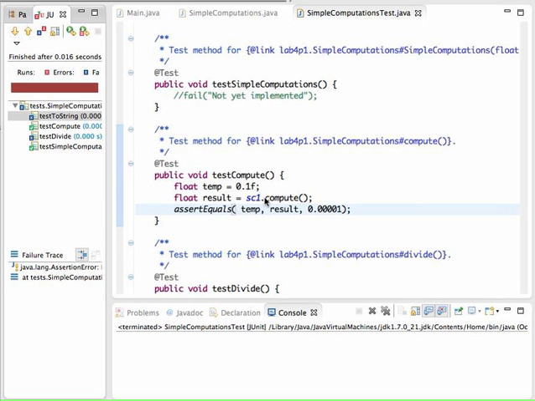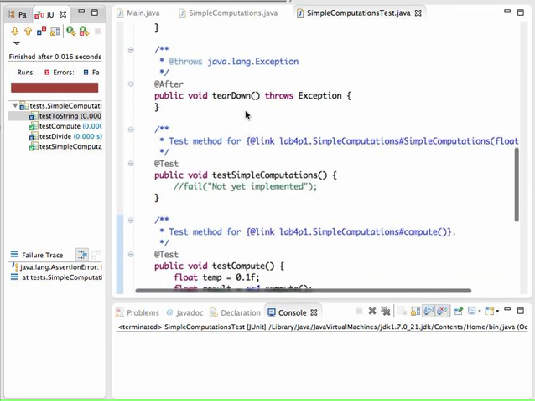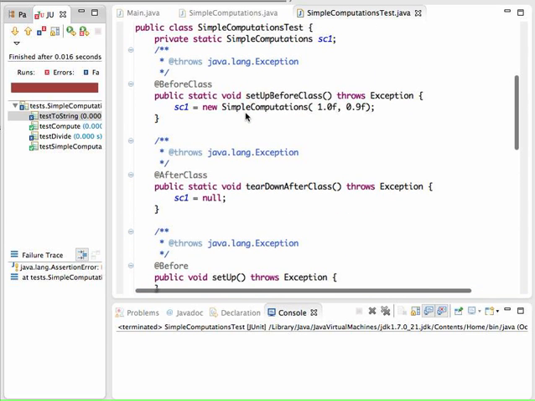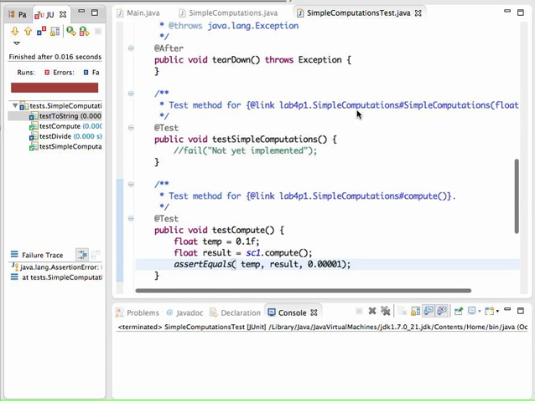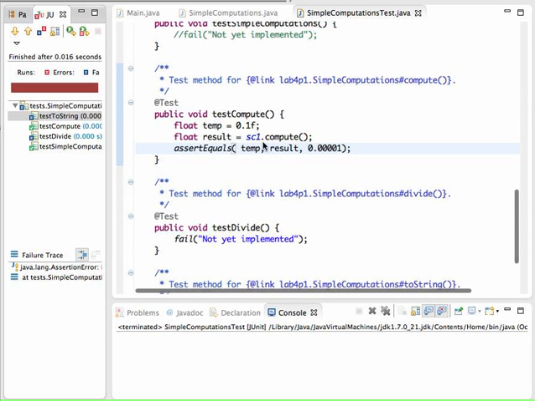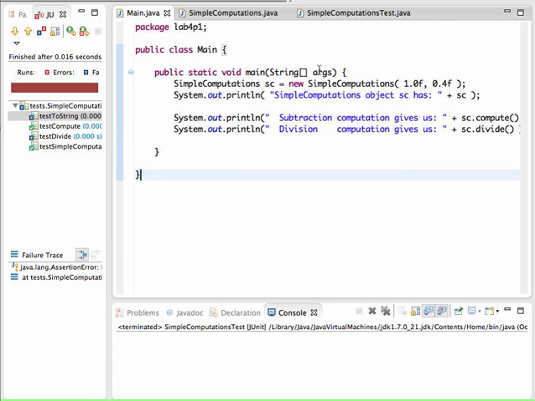In our last video, we saw how we could set up just a very basic test. We created a simple computations object with the parameters 1 and 0.9, and then we used it right here, this sc1 object, called the compute method, and the difference between 1 and 0.9 should be 0.1, but it's not exact, and so we had to put in a little bit of tolerance. So let's take a quick look at why 1 minus 0.9 does not exactly give you